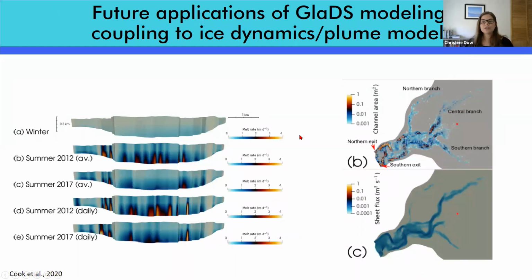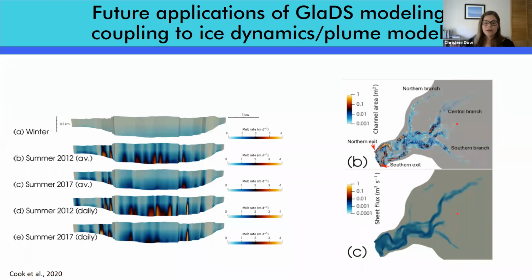Okay, so those are the primary results that we've had out of the model so far. And I just wanted to talk briefly about the areas that we're going to take the model in the future. So the hope is to couple the model with the ice sheet system model. We're in the process of doing that at the moment, so that we can have ice dynamics and hydrology